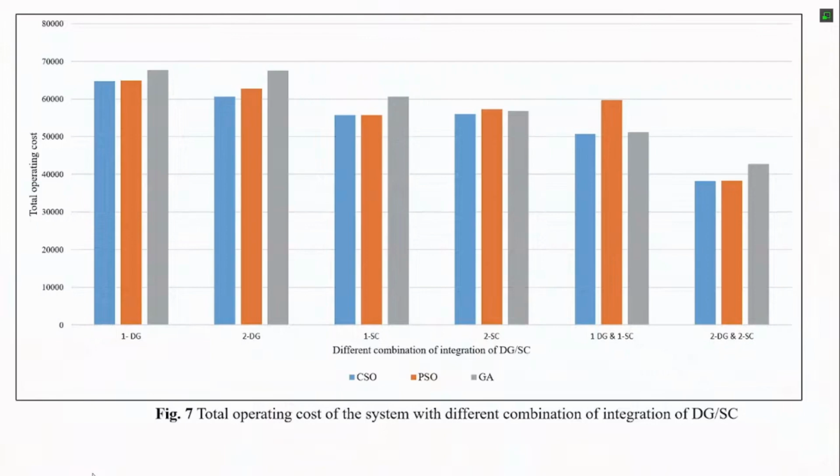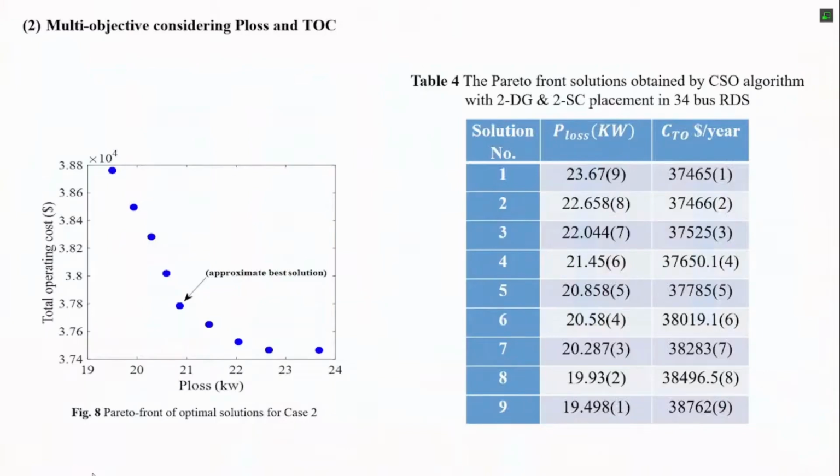So ultimately, for this analysis we can conclude it is the best combination, and with this best combination, when we solve the problem as a multi-objective problem, we obtained this kind of result. It is known as a Pareto optimality solution. We have obtained a Pareto optimality solution, and we obtained several sets of optimizer algorithm solutions.